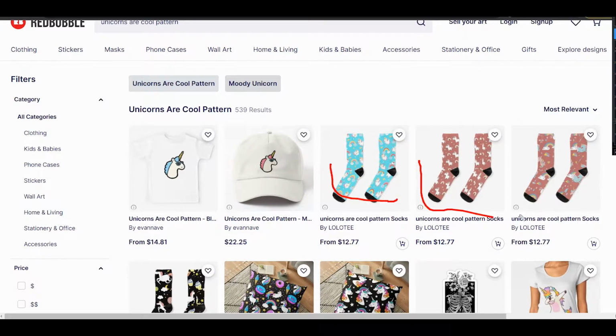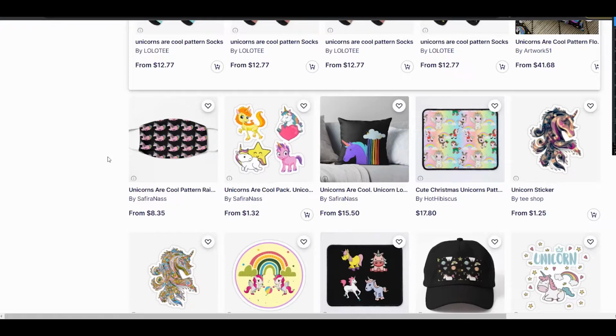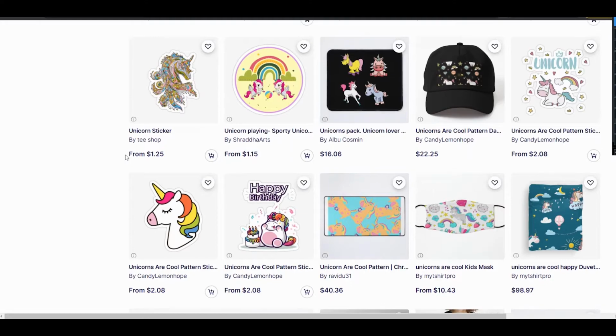Here we can see socks with pattern designs, and also some pattern-made unicorn designs. It's not so hard to change your unicorn design to a unicorn pattern. Yes, of course, it's not the kind of design that sells well on t-shirts. It can be useful for masks for sure, for socks, pillows, and other similar products. But I think that on t-shirts some sales can be made too,